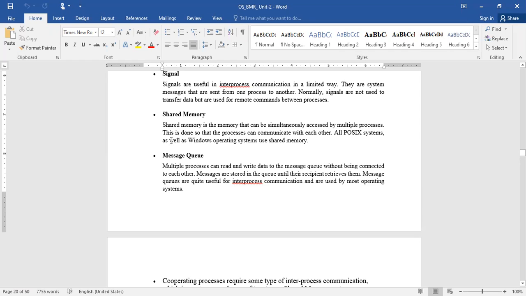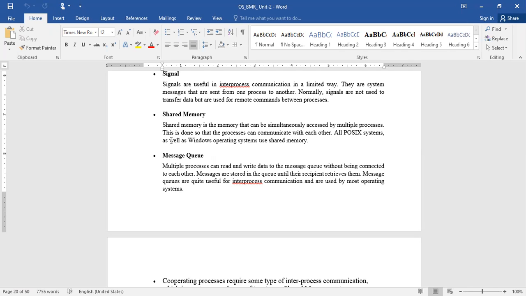Shared memory is memory that can be simultaneously accessed by multiple processes. That means if you keep a single storage area which is common to all the processes, just like public toilets, where everybody can use it, which is common to all. Like here also, we'll maintain a common area which can be used by all the processes, right?